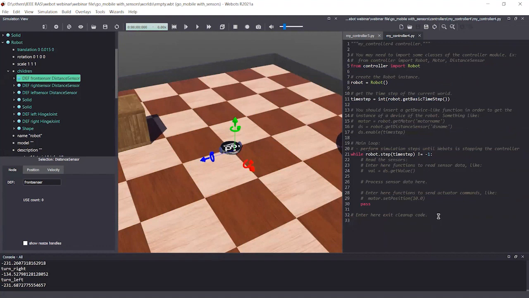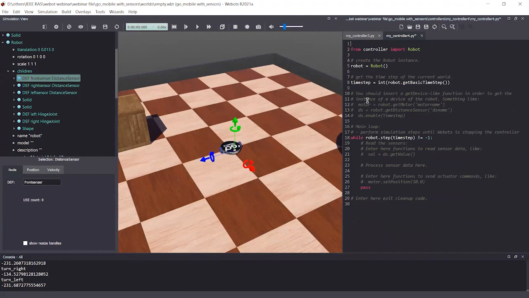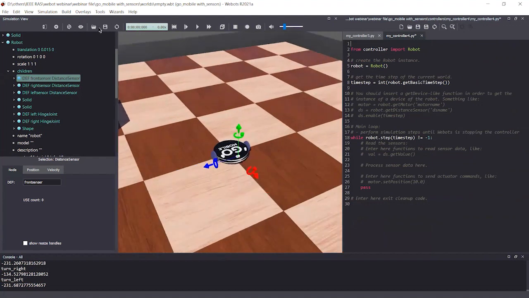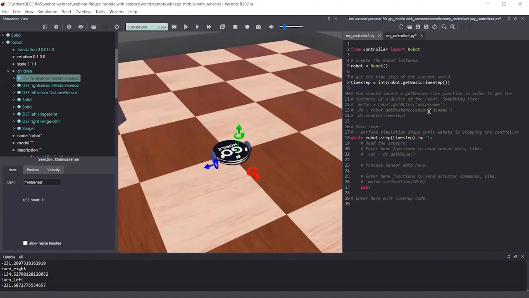Okay, I will give the answers. So first I delete this part. First, what you need to do when you are designing your robot control part is get access to the robot.